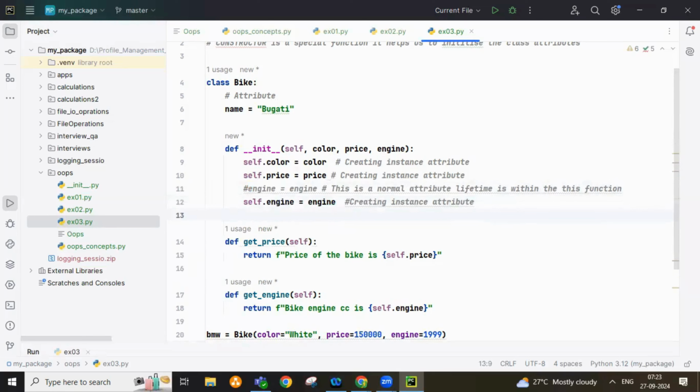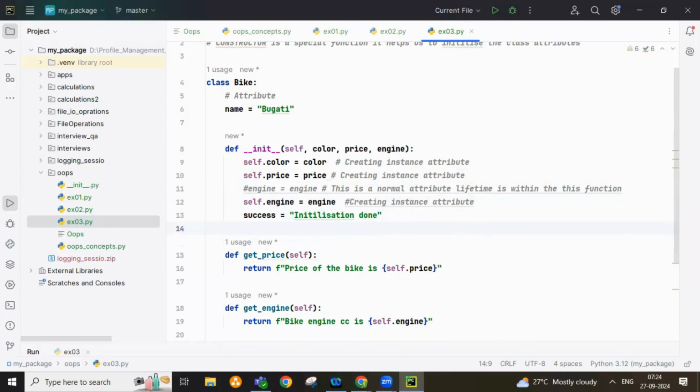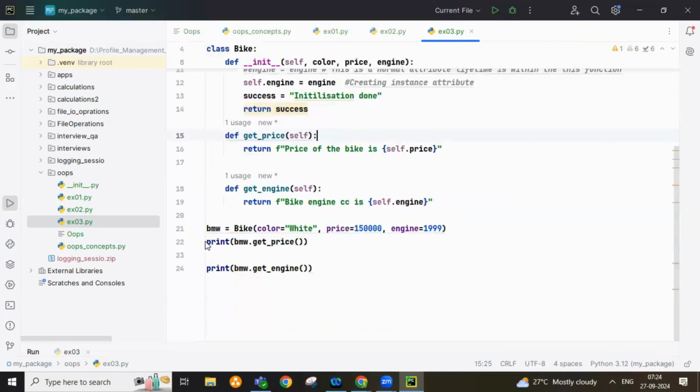Let's say there is something, I want to say success, for example. Success equal to installation done, for example, right? In this case, now I define a normal variable. But what I'll do is, I'll just return, say, success. Understood? So meaning as soon as I create this, if I go and trigger this,